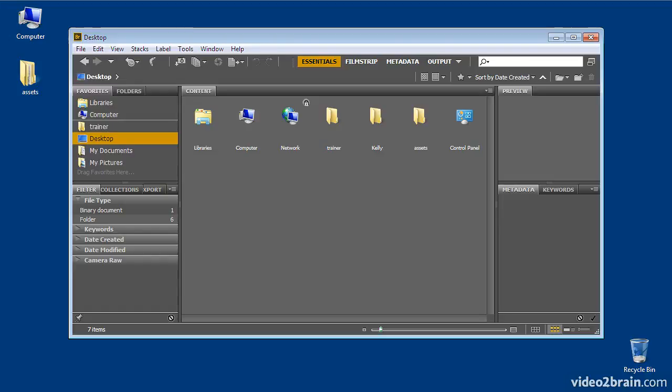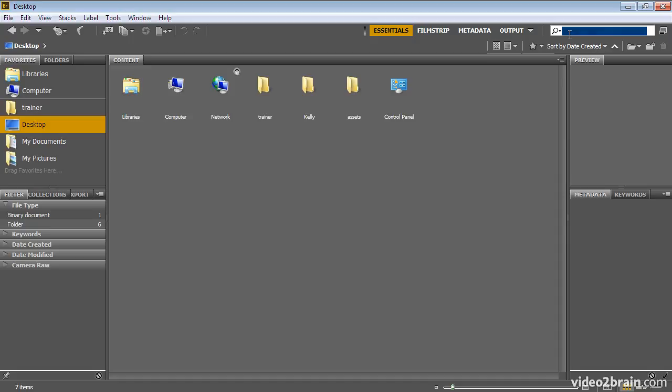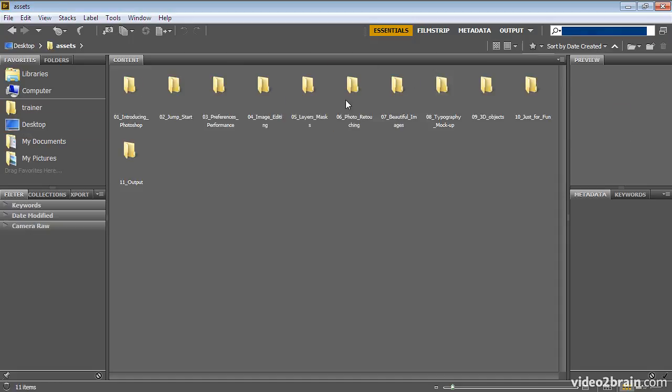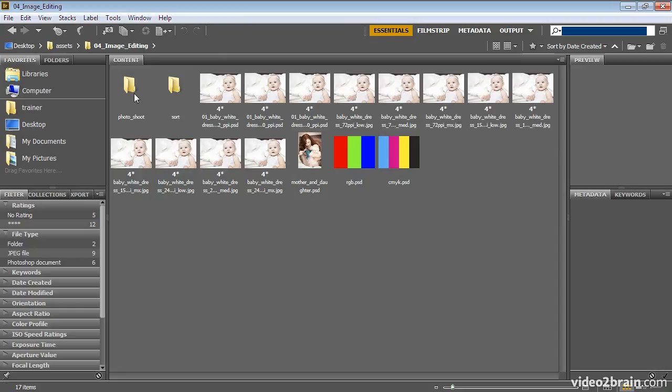Let's tackle a collection of images as a way to see how Adobe Bridge can help you organize and clean up your image library. I've launched Adobe Bridge through Photoshop, File, Browse in Bridge, and I'm going to maximize. I'll navigate to the Assets folder, which I always copy to my desktop, to the Lesson 4 folder, and to